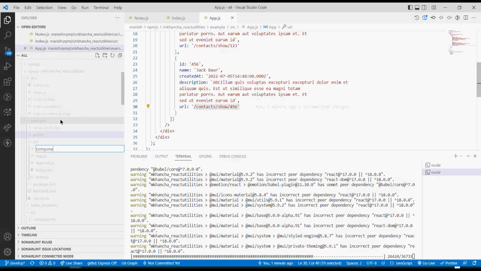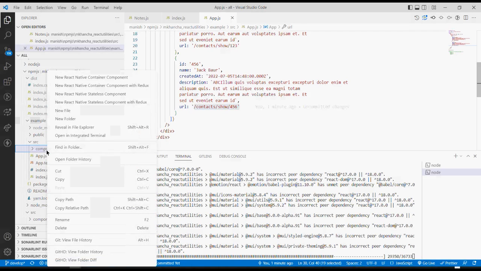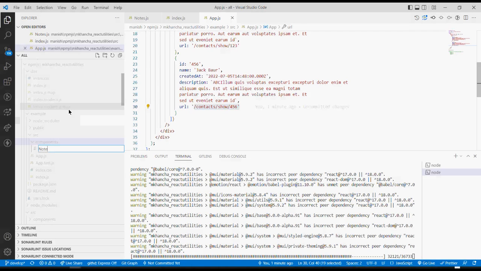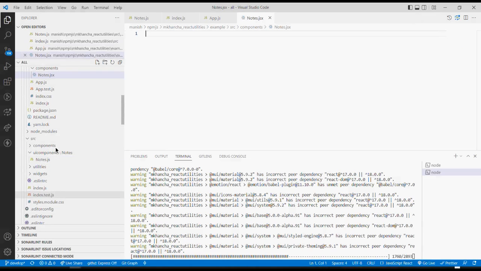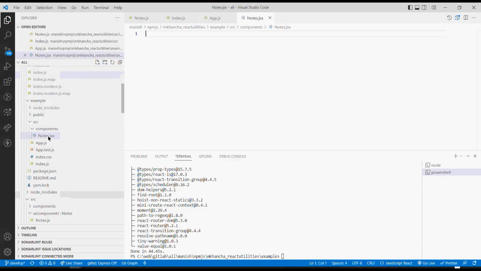So I'll create a new folder. I will name it as components. Inside components, I'll create a new file. I will name it as notes.jsx. This is my example folder, so I'm creating .jsx, whereas in the library I can also create JSX, but in the library right now I'm creating JS files only. So in this I'll create a notes file,